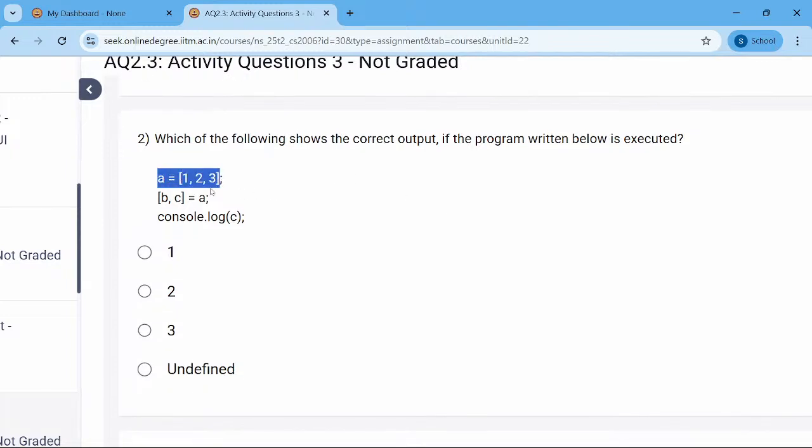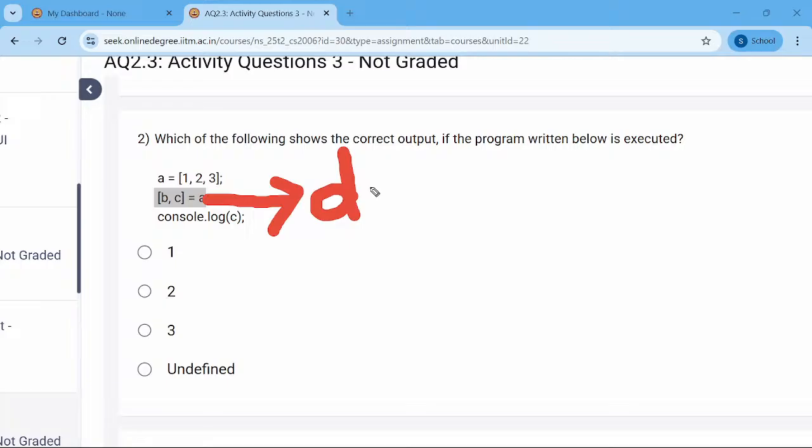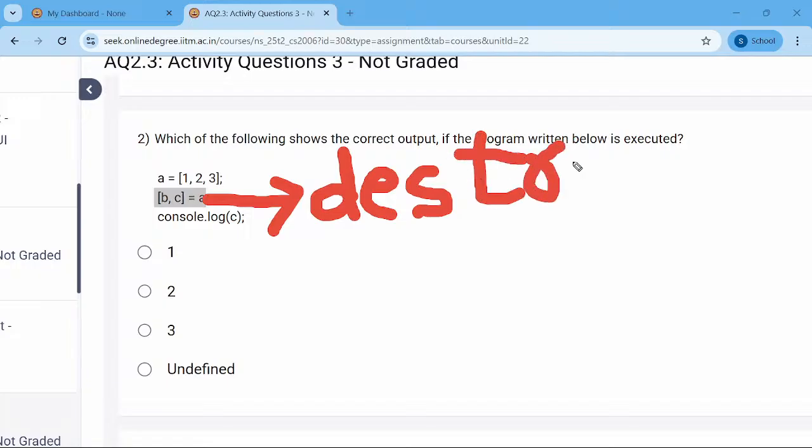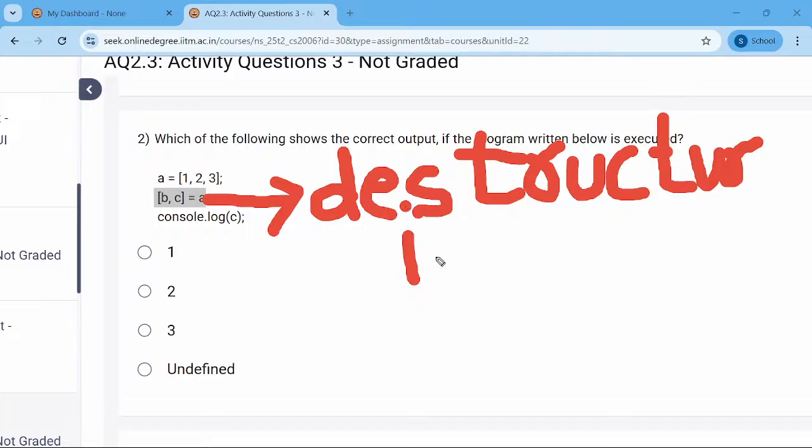Which of the following shows the correct output if the program written below is executed? We have an array and another array with A. This is destructuring, a classic case of destructuring. I'll write it in its entirety. Okay, and since it's destructuring and we're finding the value of C,